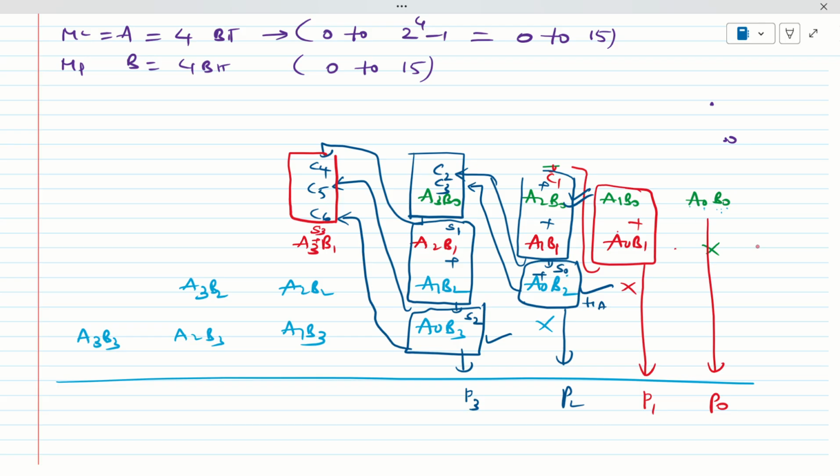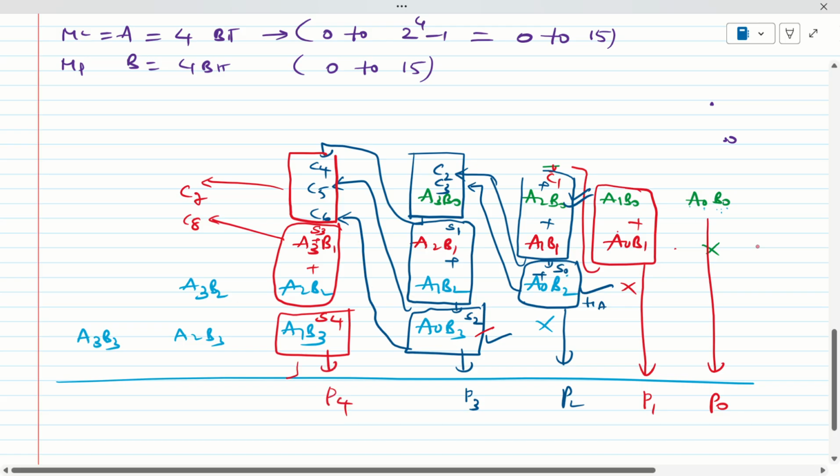So already S2 is over. So the carry is forwarded to the next column, which is called C7. Already 2 terms are there, and we can add one more term, which is S3, and we can get the full adder. This carry is nothing but C8, and the sum is nothing but S4. So S4 plus A1 B3 will get that half adder, and the sum is nothing but P4, carry forwarded to the next